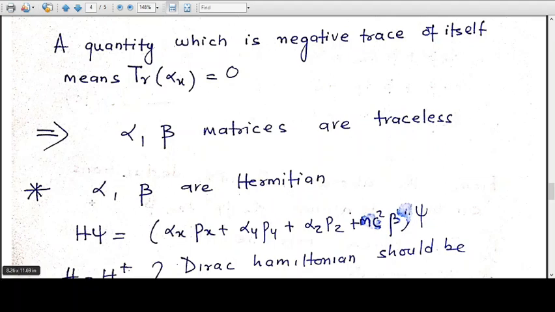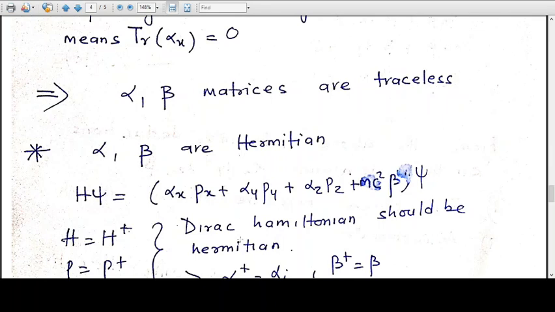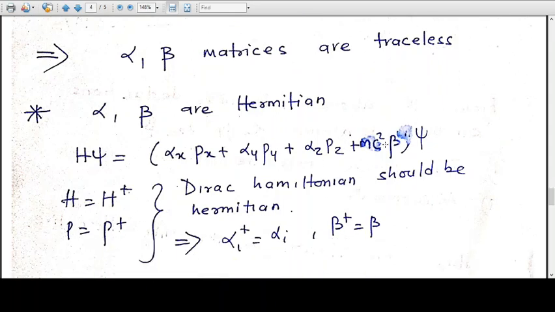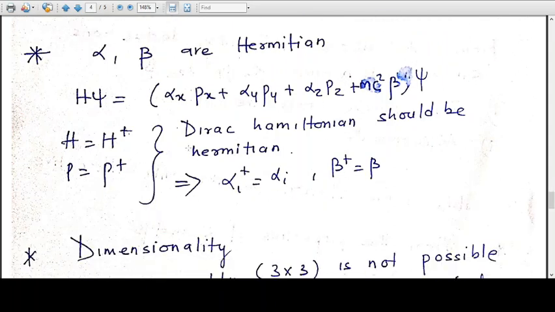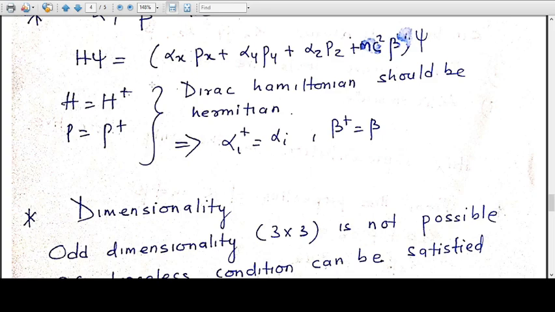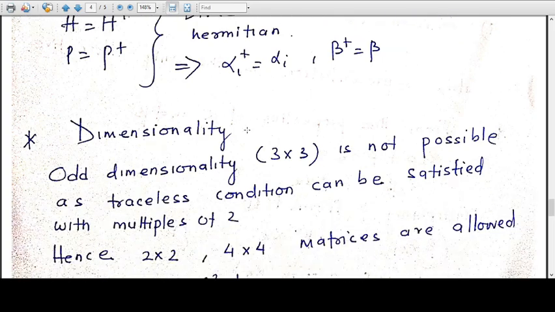This is quite natural. You're talking about the Dirac Hamiltonian, which should be Hermitian, H equals H dagger. So beta and alpha all have to be Hermitian in nature. This is quite evident from the relationship in the Hamiltonian. Now, one of the most important things, because this is something new, the rest had automatically come out of mathematics. This is something we have to make an argument for.